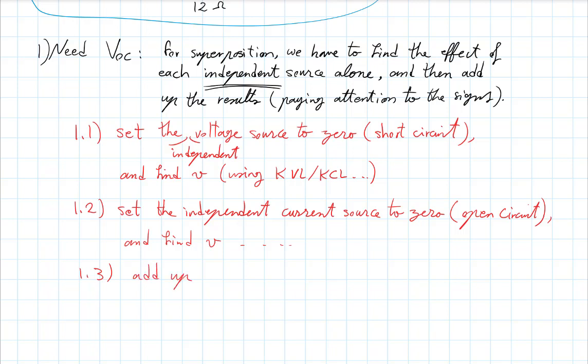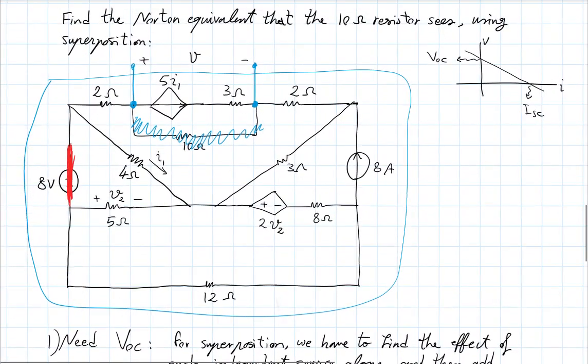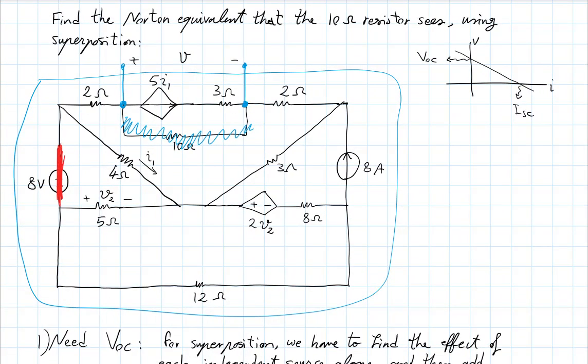add up, including the sign in your calculation, the two values. Okay, and so when you try to set the current source to 0 to see the effect of the voltage source,